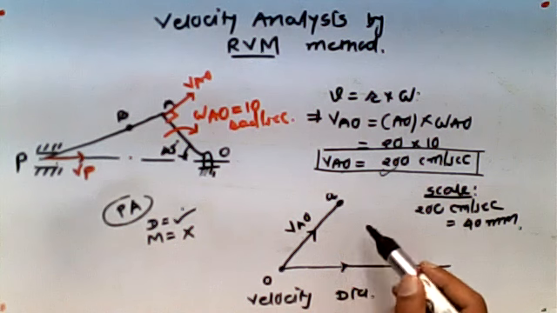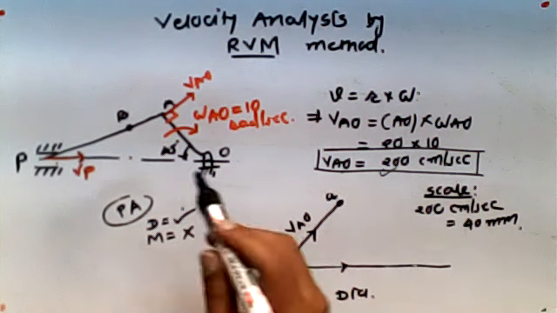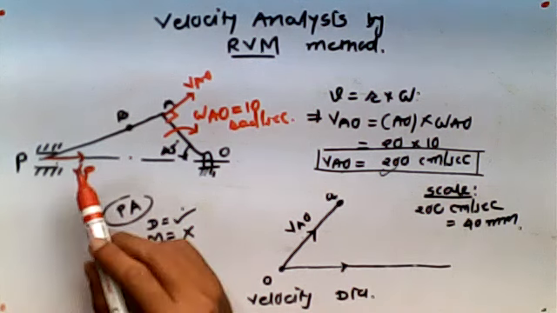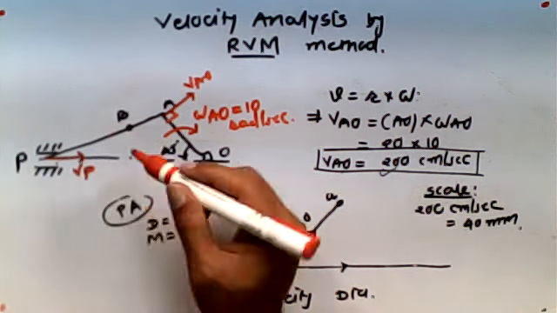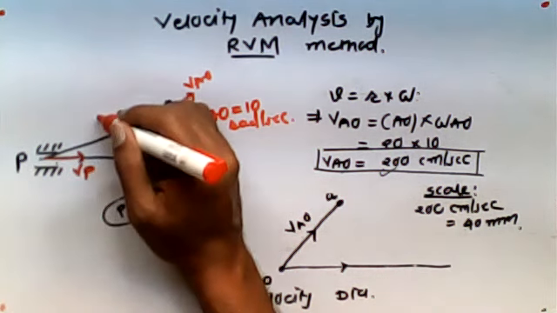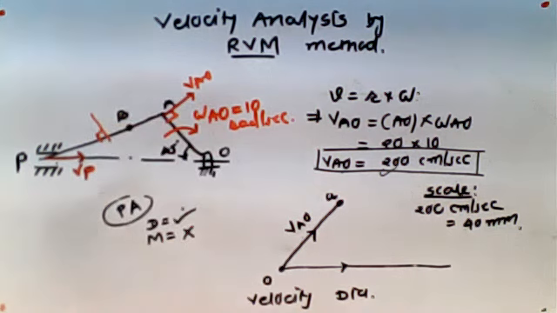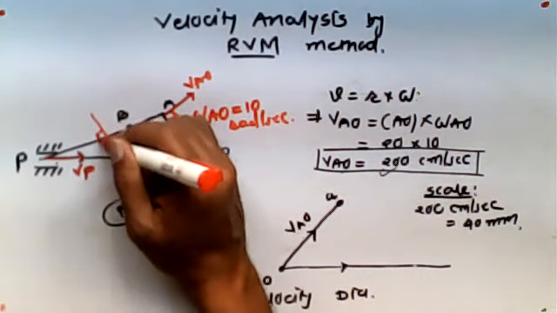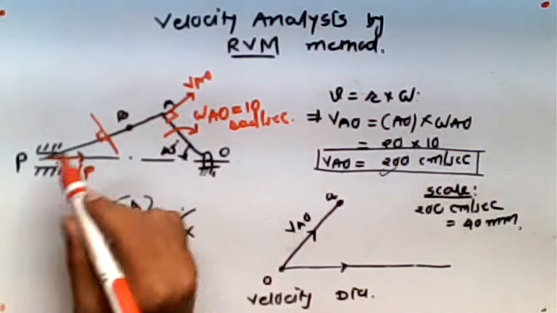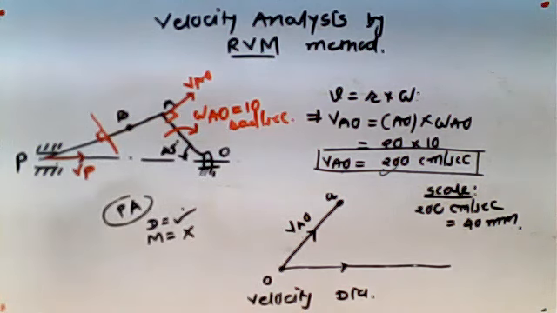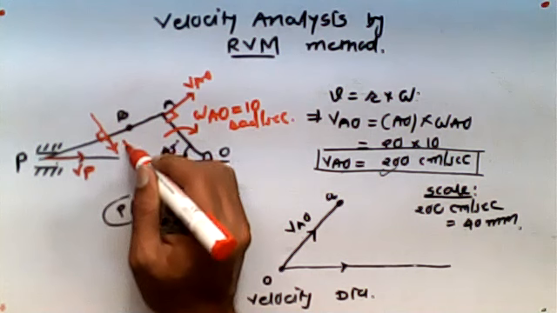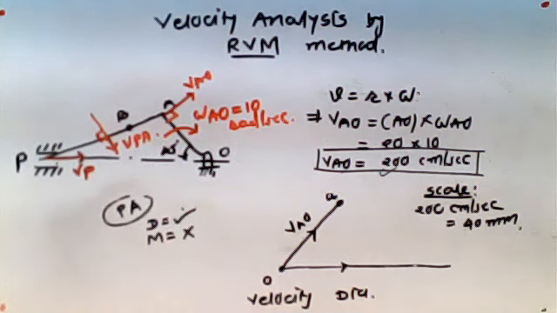So, as you can see, the A point is located, and suppose I need to draw the velocity of this link PA. What I can do is make a simple vector that should be at 90 degrees to this particular line joining P and A. This vector will represent the velocity of P with respect to A, correct?